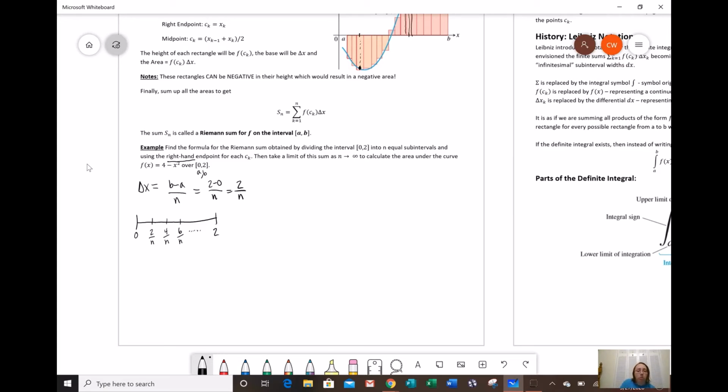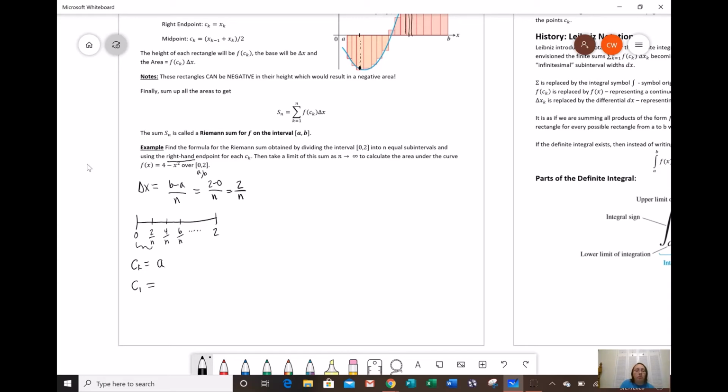So what we're going to do is take our endpoint a. So ck is going to start at a. Now we want the right-hand endpoint. So our first value we want is a plus 2 over n, our a value plus 2 over n, because for our first interval we want to end up with this number here. So for c1, the right-hand endpoint for the first subinterval, when we plug into our formula,